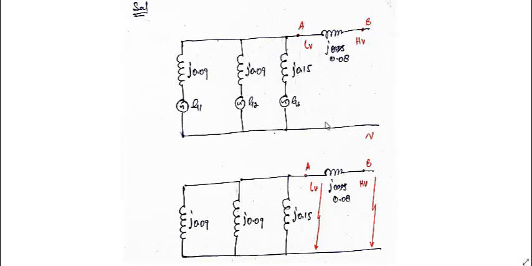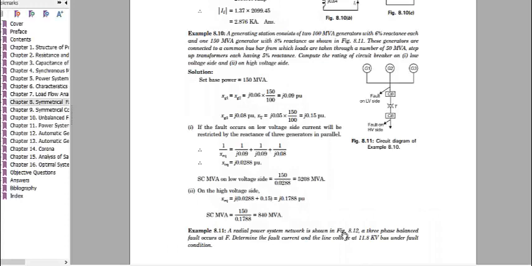We'll first calculate these as impedances, taking 150 MVA as the base, and of course the voltage will not change, since they are connected to the same bus and their voltage will be the same. When we take 150 MVA as the MVA base, one of the generators will have 8%, which remains as it is. G1 and G2 will change because they were calculated on the rating of 100 MVA. So they will change like this: 0.06 into SB2 divided by SB1, that's 0.09.